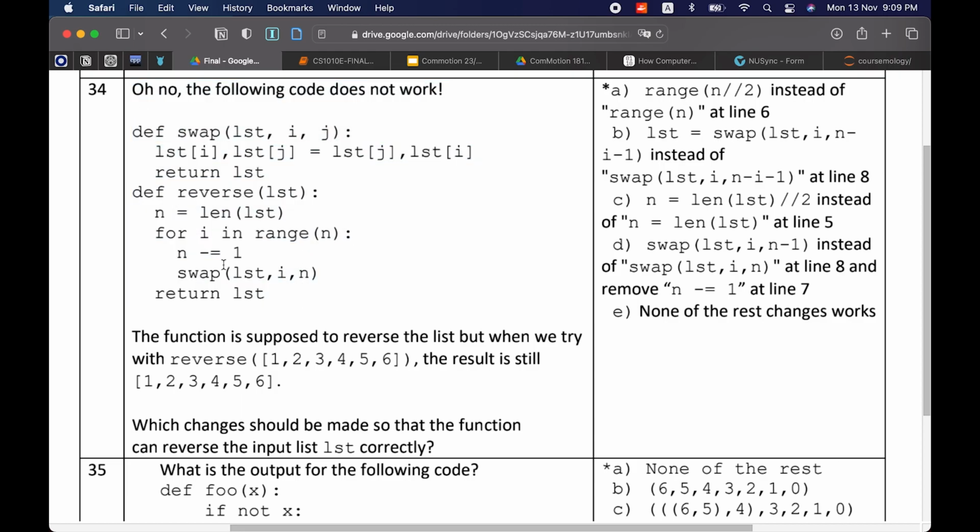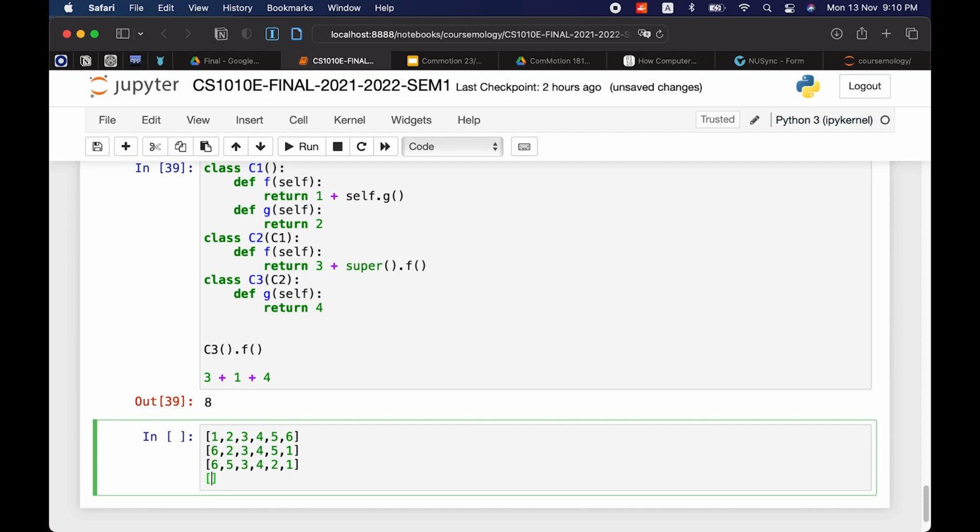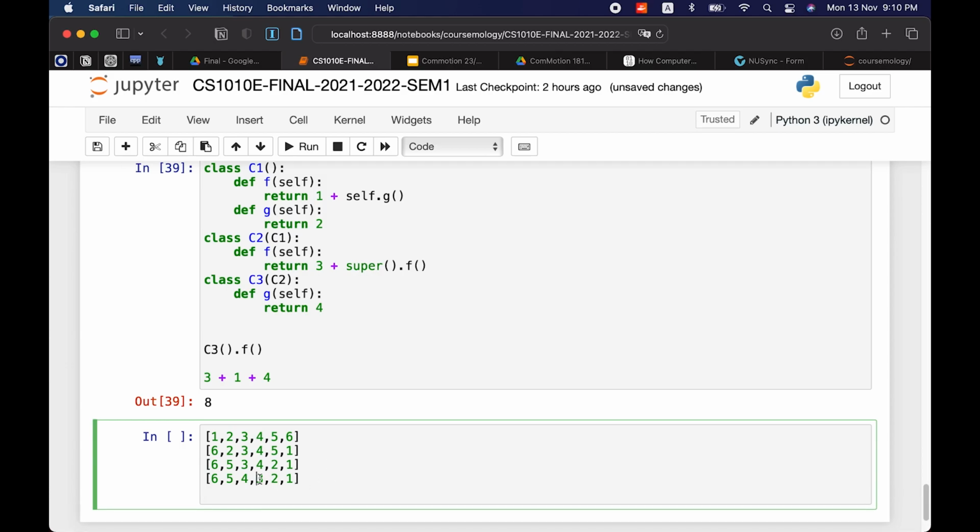what will happen is, if you iterate through the whole length of the list for I in range n, it's going to flip back, because at this part it'll be 6, 5, 4, 3, 2, 1 after this, and then you're going to get to this index, and it's going to flip with this again.